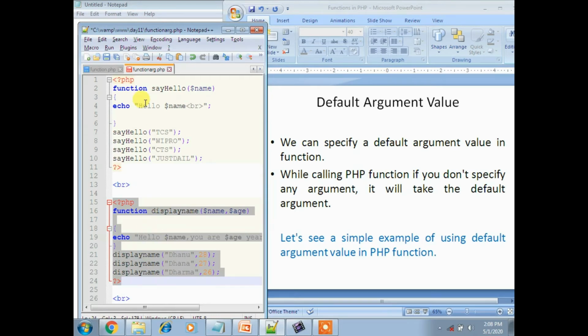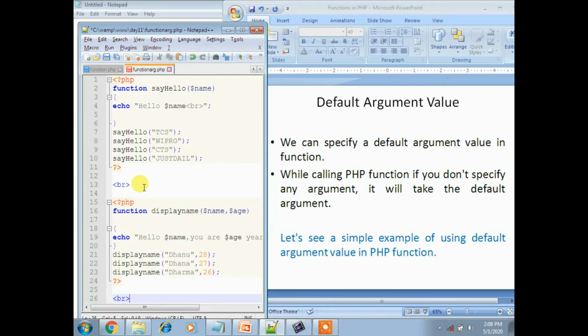Okay, now here what I am doing means, in a single page, in a single PHP file, I am writing multiple PHP codes. Okay, you can also do it like this, or you can cut this code and paste it on another new notepad and save it with another name. It also works. Just now, in the theory itself, I gave the information that you can place a function anywhere, any number of times. So like that you can create different functions in a single page also. It's not a problem. Okay, I'll take default argument value.